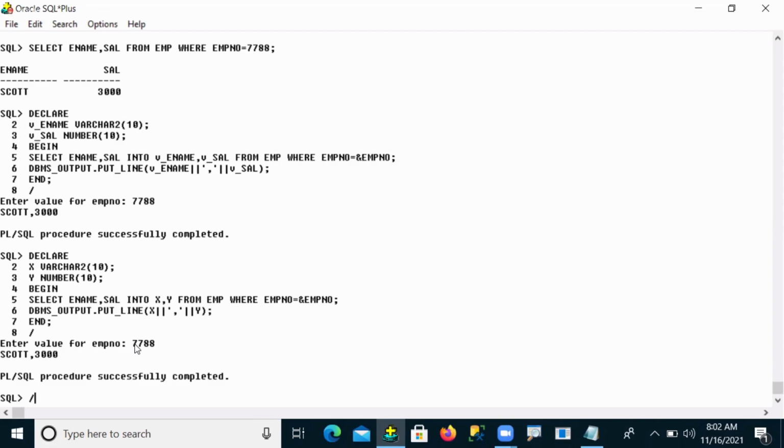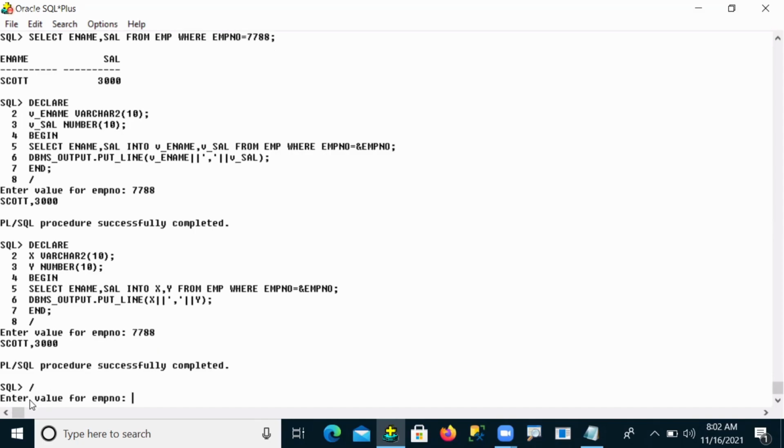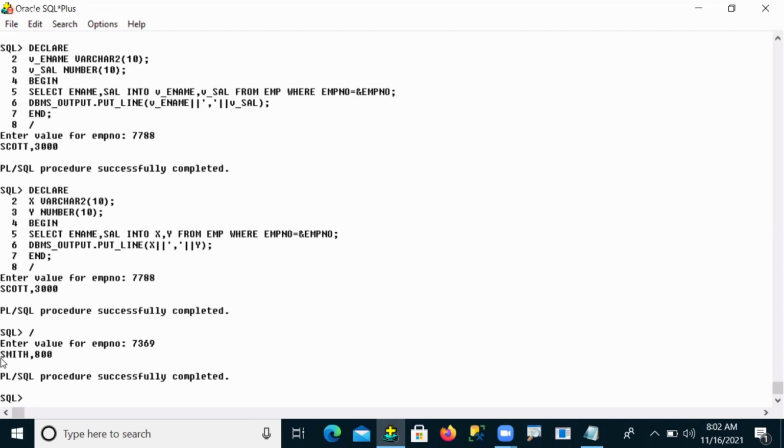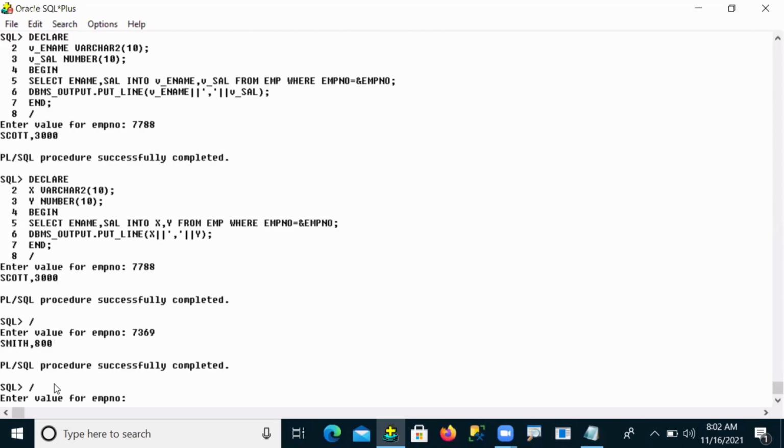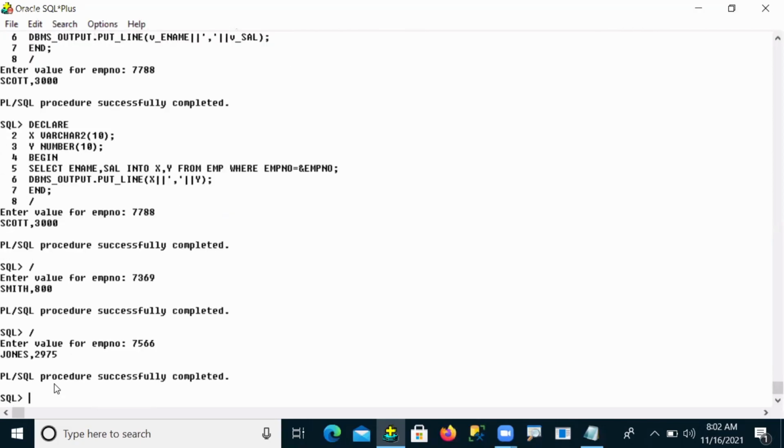For example, I enter my number at runtime, and you have to execute your program again. Suppose you enter 7369, 7369 employee information comes to you. Again, if you execute your program and suppose I enter 7566, 7566 information will come to you.